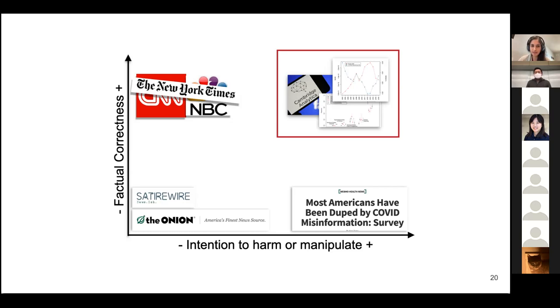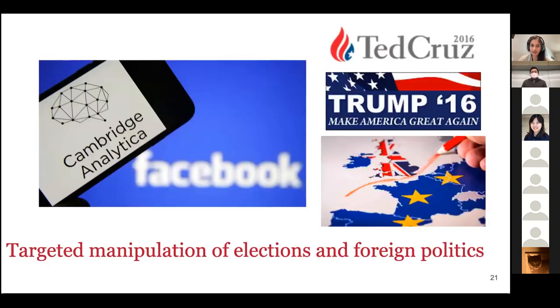So I can give you a couple examples, hopefully some of which you've heard of. Cambridge Analytica was a technology company that you've probably heard the name of before, but if you don't remember, this was a company that was accused of harvesting Facebook data and using targeted advertising to attempt to manipulate a number of events, including the 2016 US presidential election, as well as a Brexit vote in the UK. And the activities of this company were exposed by whistleblowers in 2018.